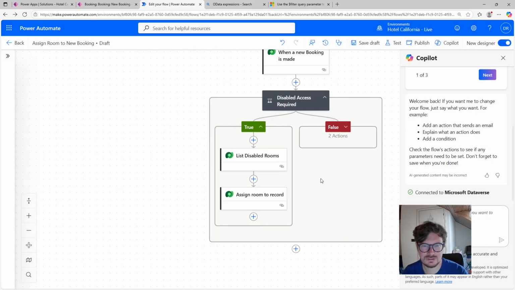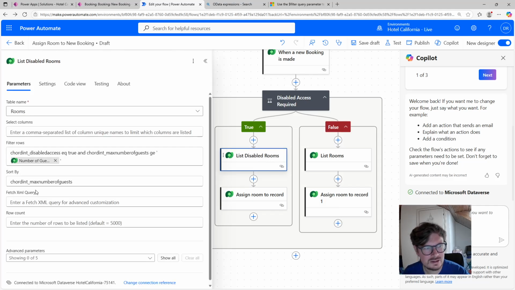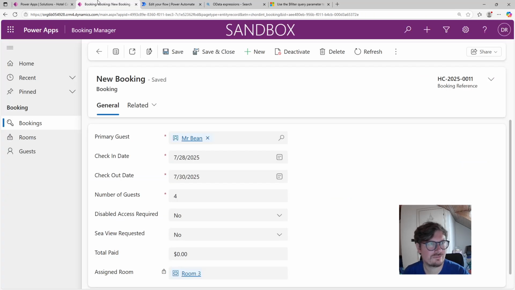My personal preference, even in this, is to try and limit as many branches as possible which are similar. So if everything is similar but there is some conditional logic, I try to factor that in using expressions within the action itself. So I think in this case, what we can do is a sort by, and so what we want to do, if we were writing this out, if we go back to our solution,